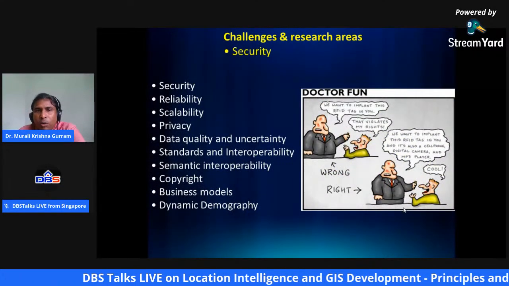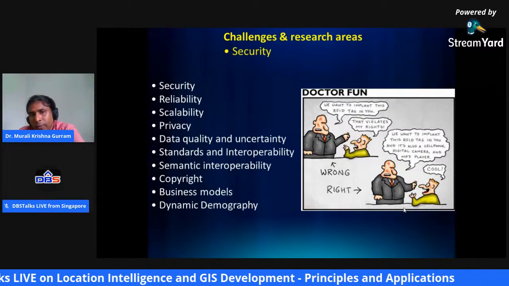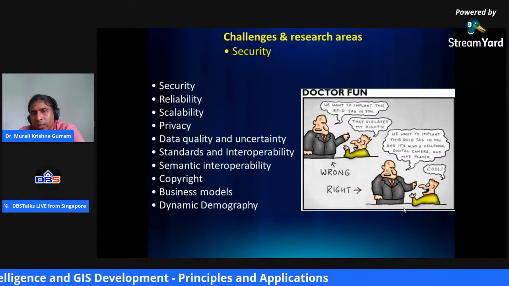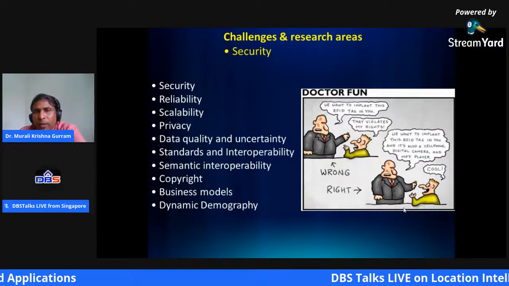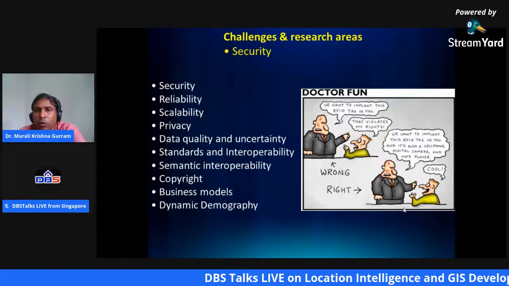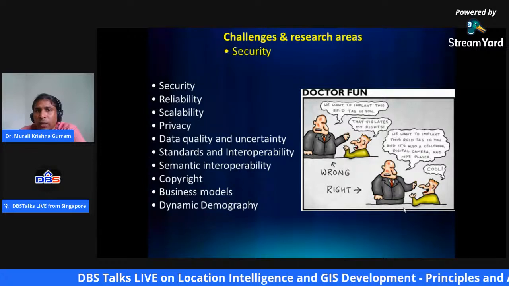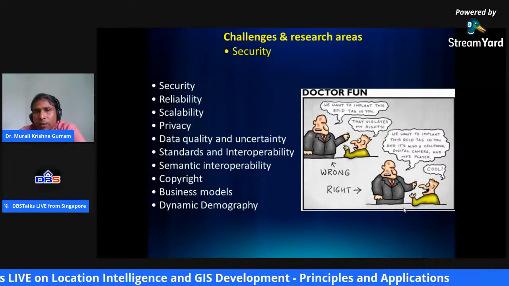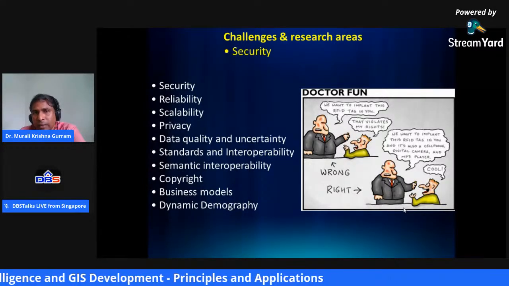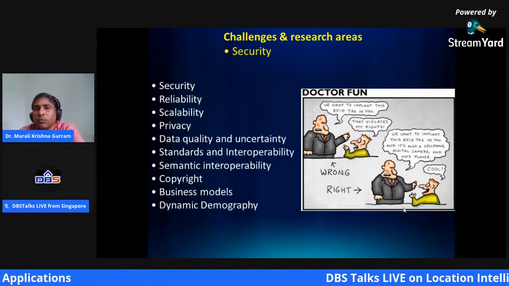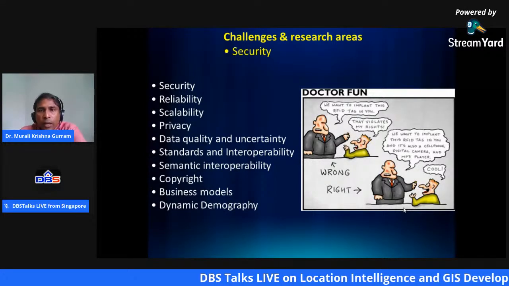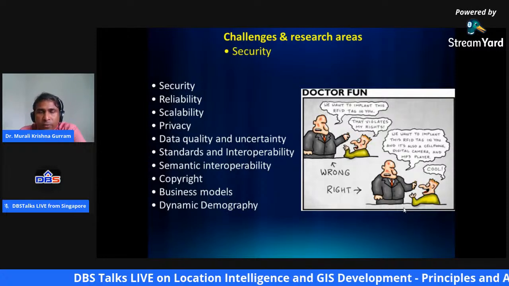So far, we have been talking about the evolution of those technologies, data distribution, and the web technologies. As we go further into the future, we also face a lot of challenges, and these are in fact opportunities where you can focus more in the coming days, and they become your research areas.